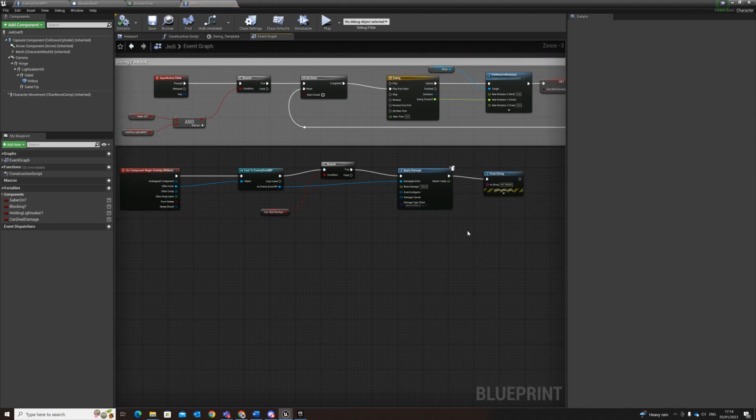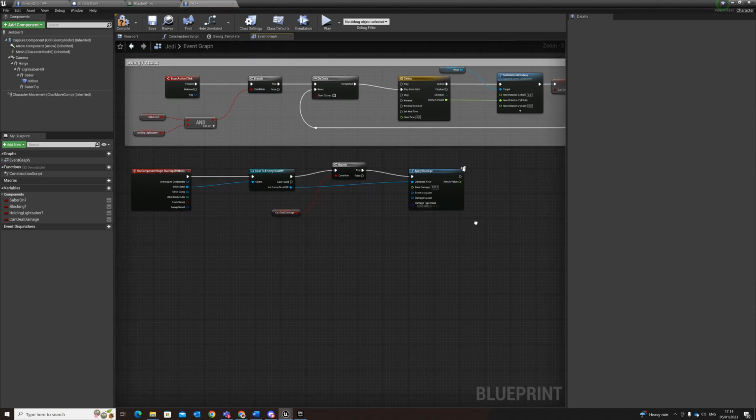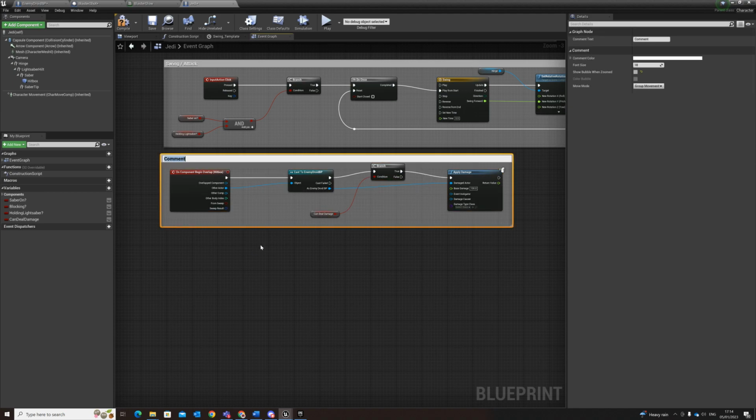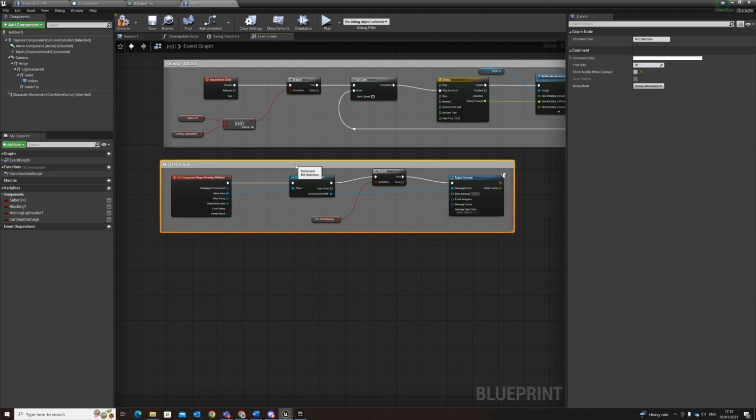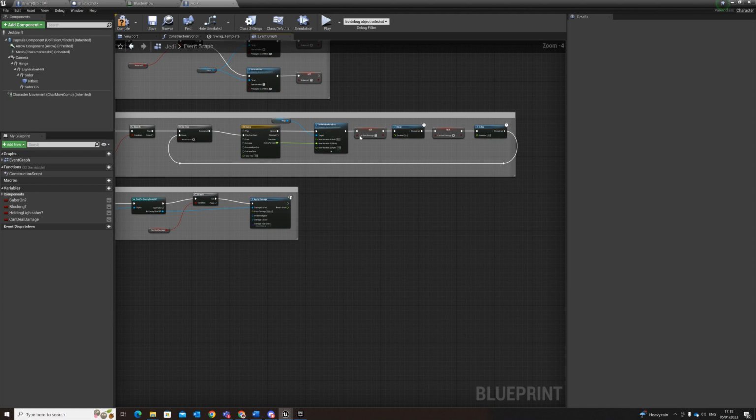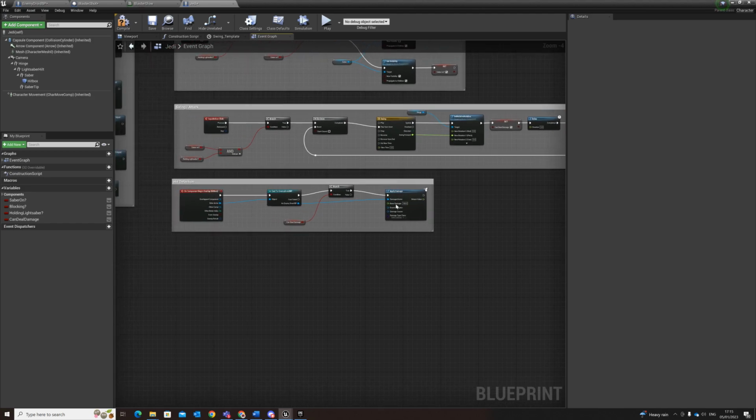So let's comment that. I'm also going to get rid of the print string. Let's comment it out. See? We'll say hit detection. There we go. Now this is working in sync with this variable section we made earlier. So make sure that we can actually deal damage before applying the damage there. Now that's all we need to do